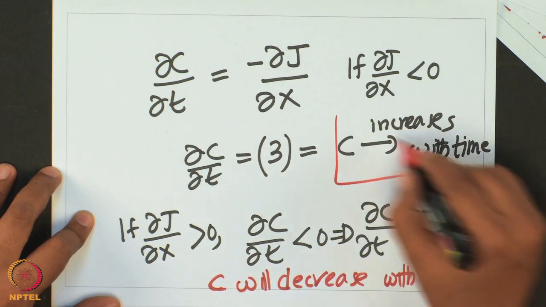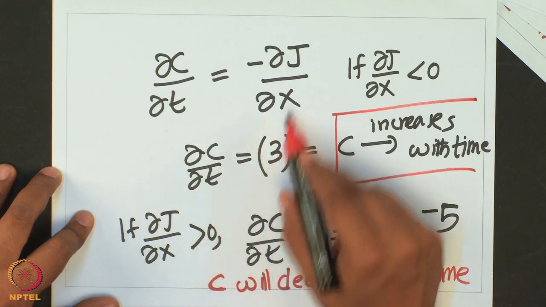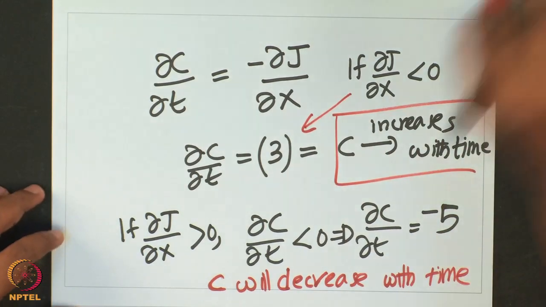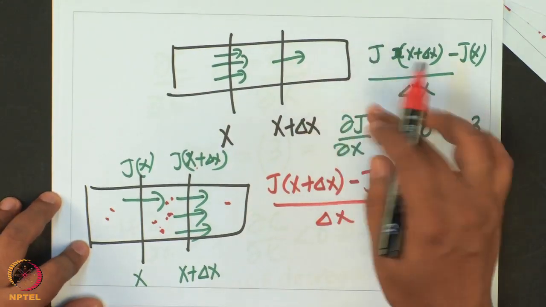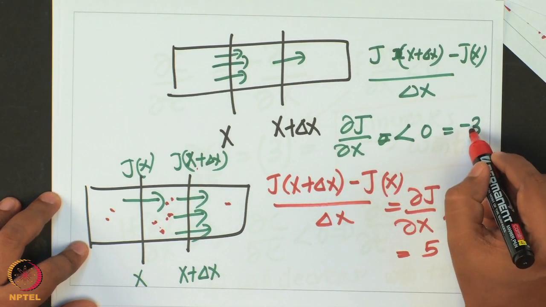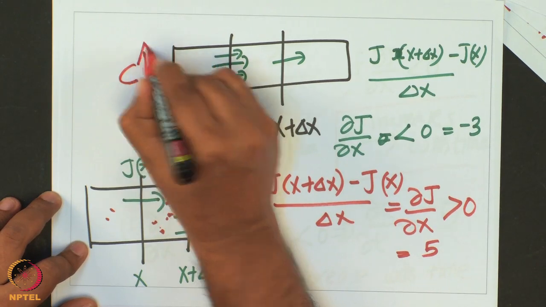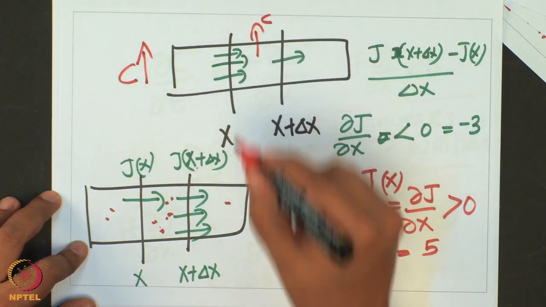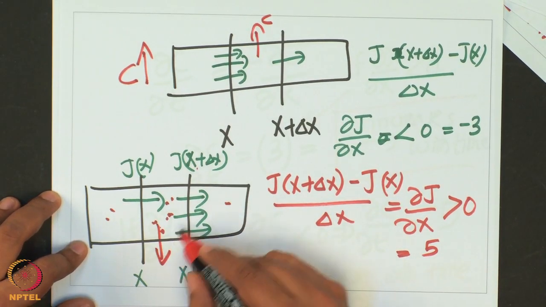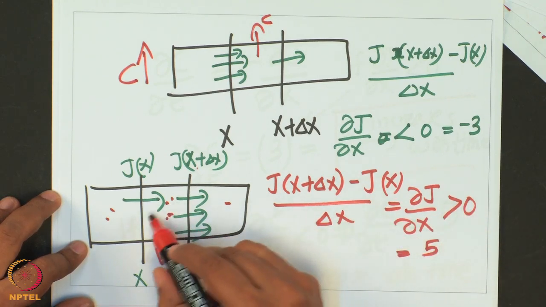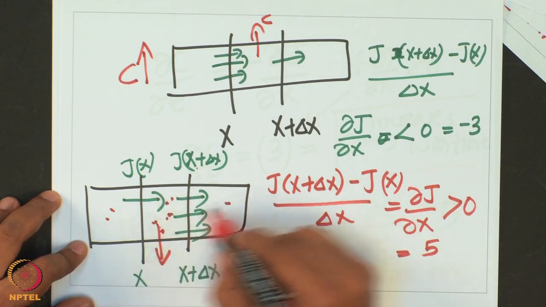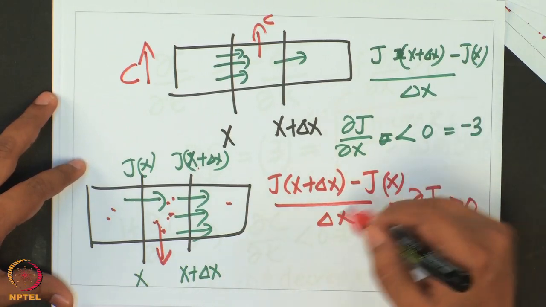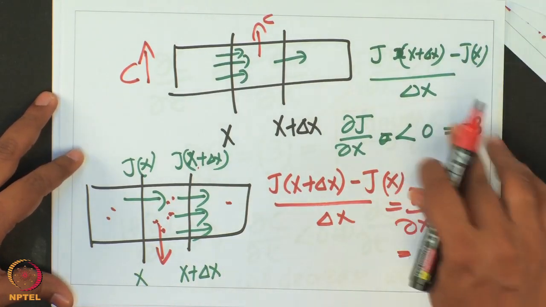If del J by del x is less than 0, C will increase with time. So this is something that you can check here. Here, in this case, del J by del x is negative. So that means here C will increase with time because the concentration here will increase, more are coming in. Here, the concentration will decrease because del J by del x is positive, with less coming in and more going out. So I want you to check this and test yourself and convince yourself that this equation will indeed give us